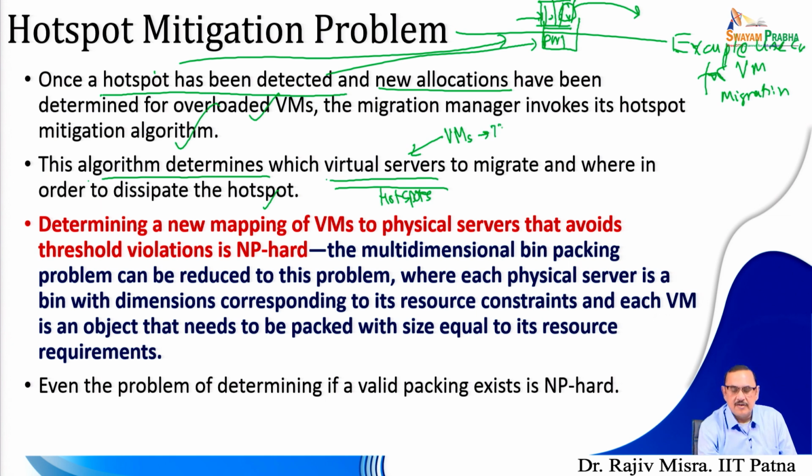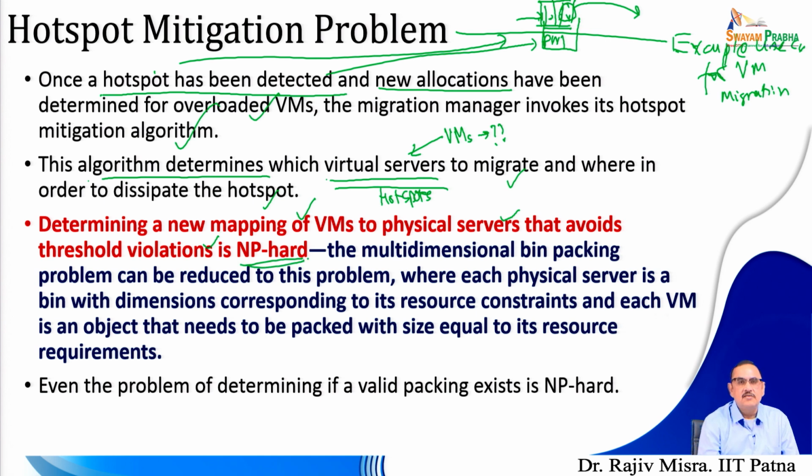So, the responsible virtual machines need to be identified in these machines which are identified as the hotspot, and then we have to identify which virtual machines to migrate, and where to migrate in order to dissipate the hotspot, meaning on which physical machine they will be migrated. So, determining the new mapping of the virtual machines to the physical servers that avoids the threshold violation